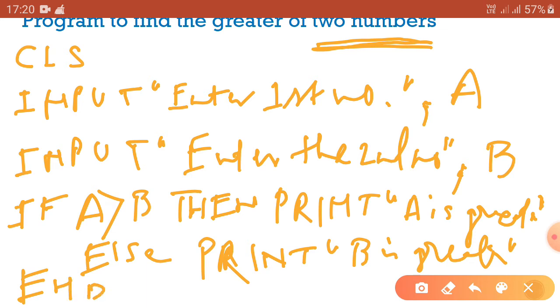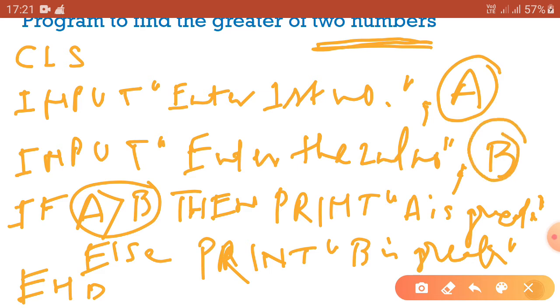So here we are writing the input statement two times, one time for variable A, another for variable B, and then we are trying to check the condition. If A is greater than B, that means if the value we have entered for A is greater than B, then print A is greater.